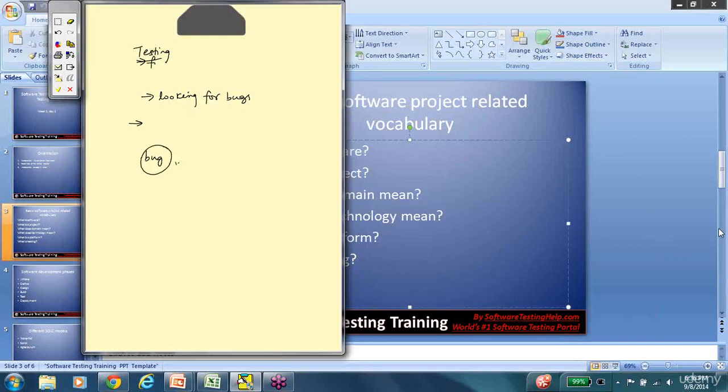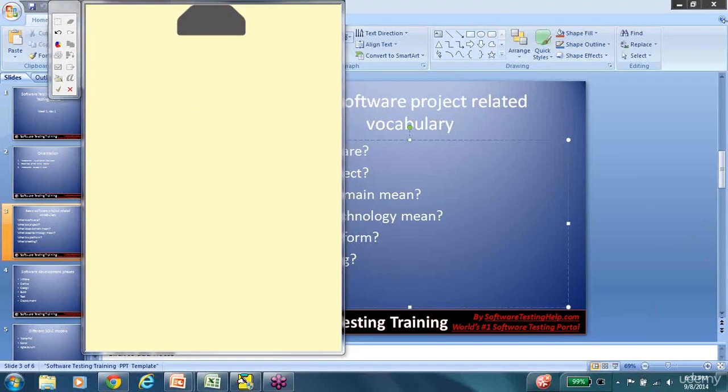We report it, we document it. Report to developers. So, do we fix it? Exactly. So, testing